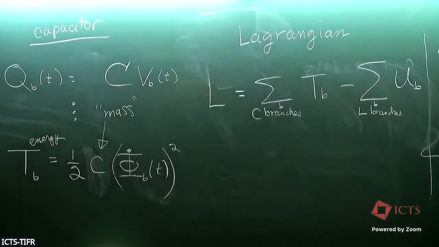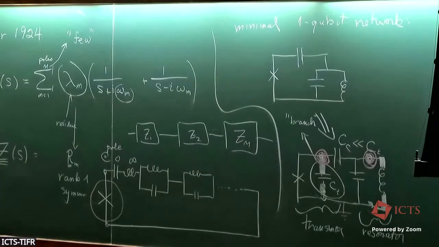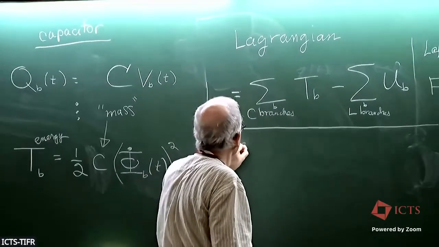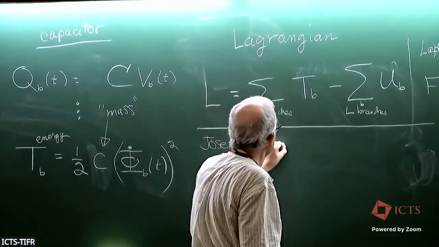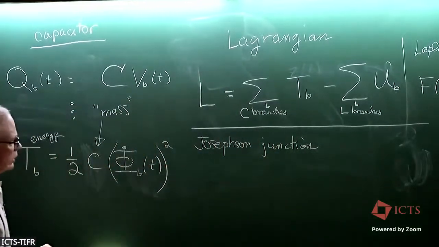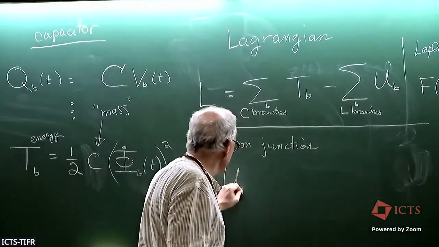Now, I crucially haven't said anything about this. I will just introduce by hypothesis how this works, and I will state that it is something that behaves like an inductor. So the Josephson junction. I will go straight to the hypothesized energy function. So it will be a contributor to U. So if the branch is a Josephson branch,